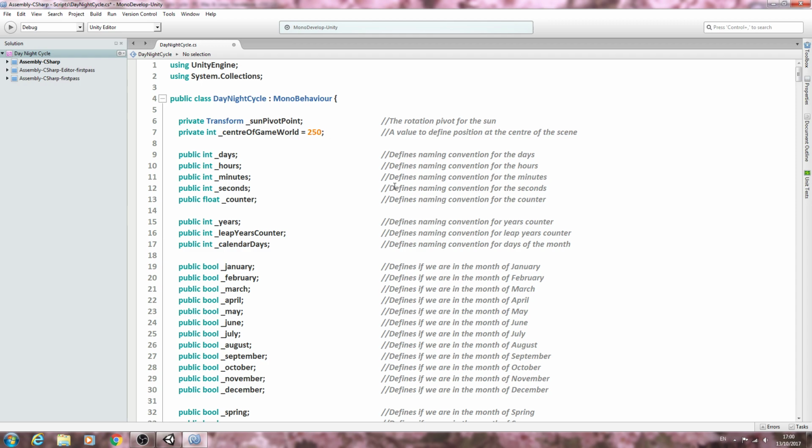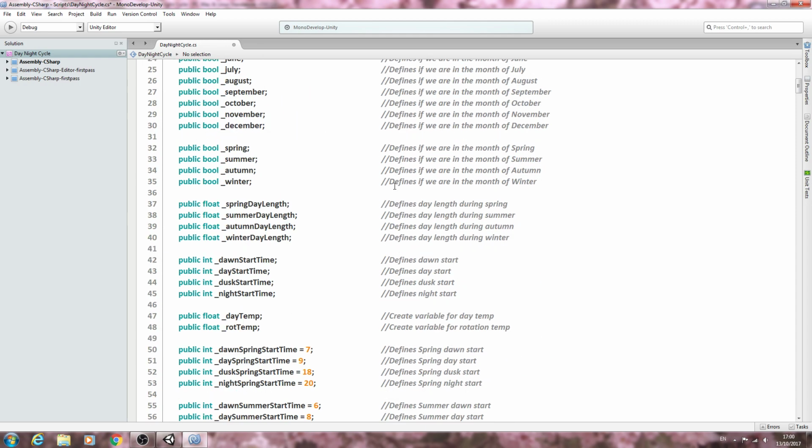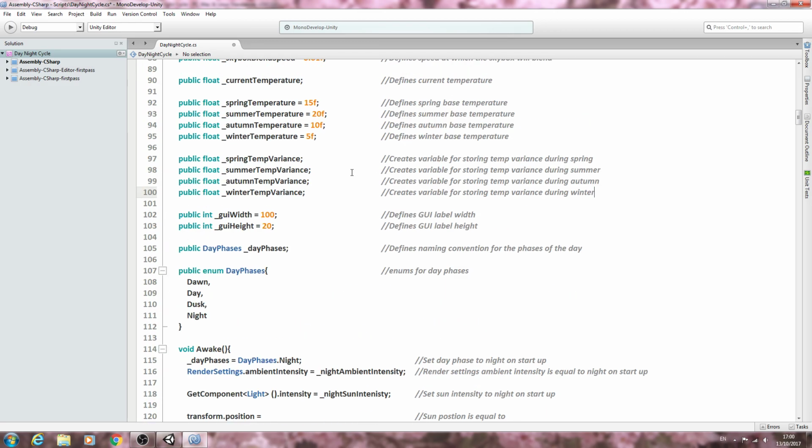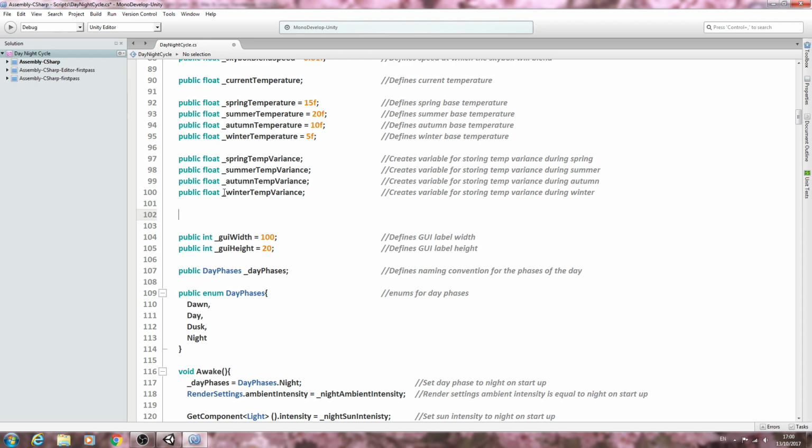So in this lesson we're going to work on defining the temperature variance. We're going to come here to begin with, below this block of code where we create the floats to store the temp variance for each season. And we're going to create a list of public floats again. Let's give this a naming convention of underscore spring min temp